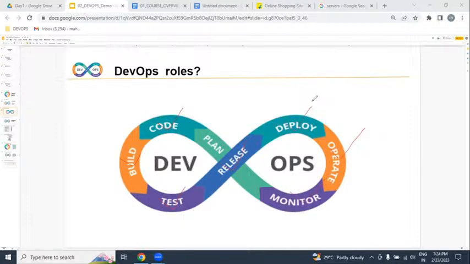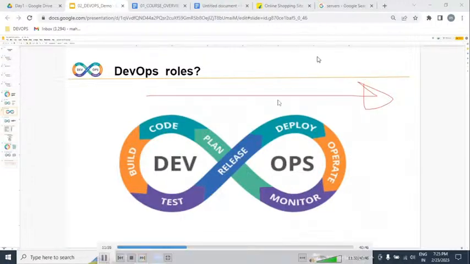But to be frank, we are not writing any code. We are not writing any test cases. We are just going to be implementing an automated DevOps process. So once we implement DevOps